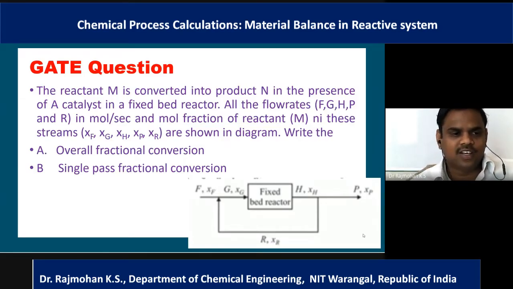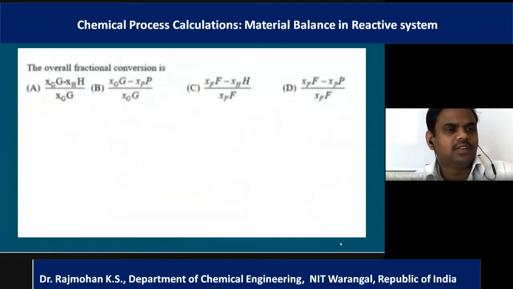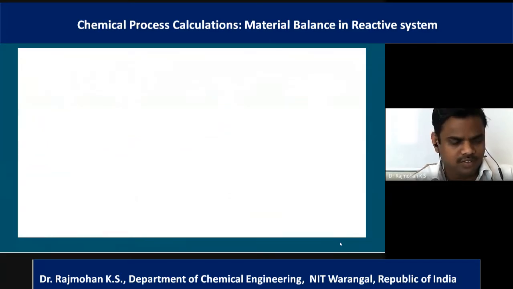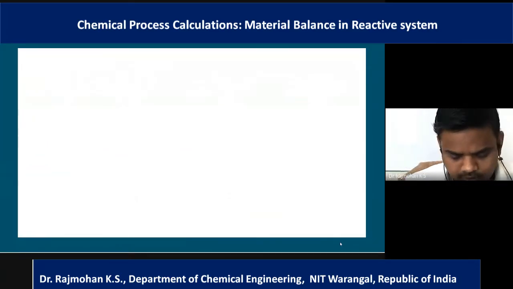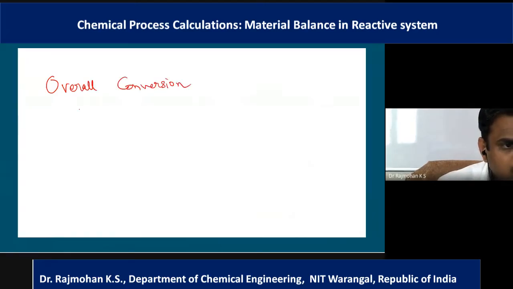Here what you are asked to write is the overall fractional conversion and the single pass conversion. Okay, so let us solve this problem. There are 4 choices given, 4 answers are given. So before looking into the answer, let us write what overall conversion is. That is the best way to solve the problem. So what is overall conversion? What is the formula? Overall conversion formula is the amount of